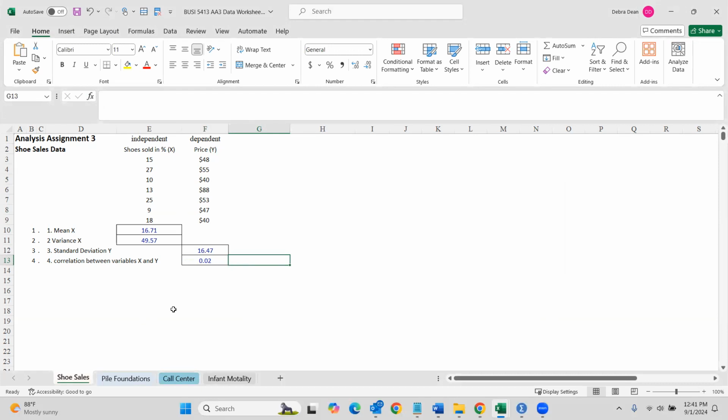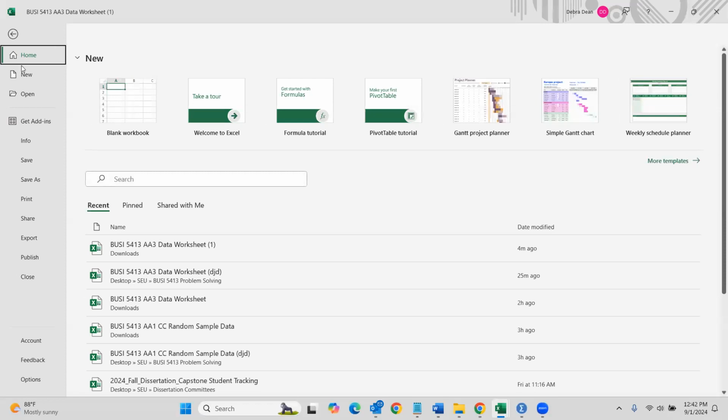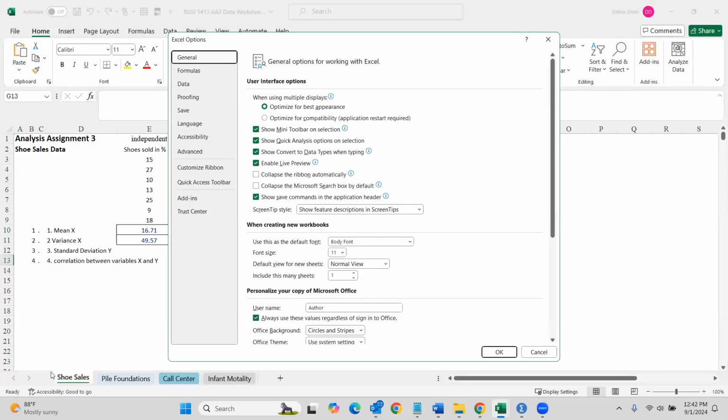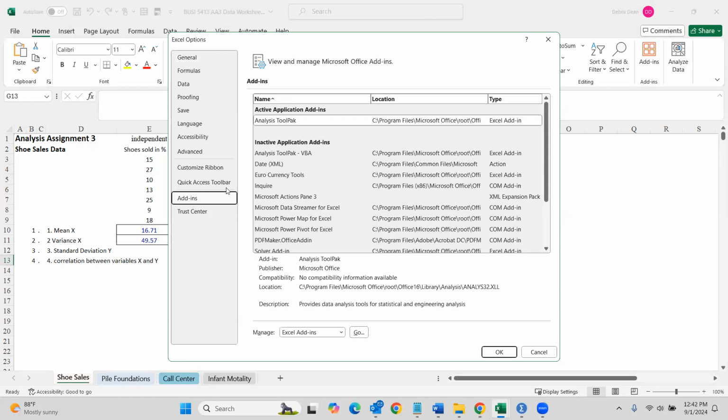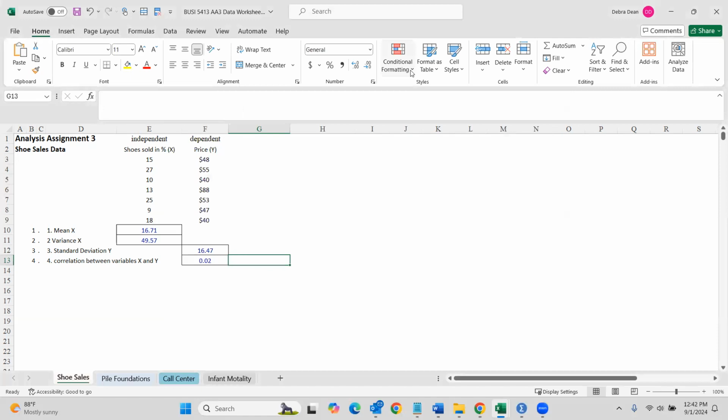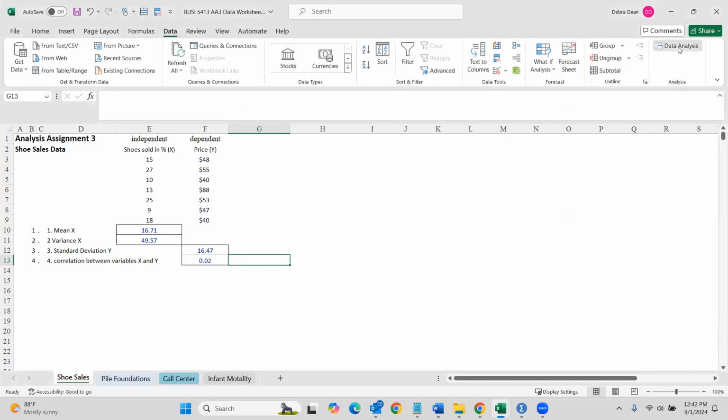So to get significance, we need to know if that is what your p-value is. To do a p-value in Microsoft Excel, we need to do an add-in. So if you go to File and go to Options, and then go to Add-ins. All right, so once you're in add-ins, let me move my zoom. Then you can see Analysis Tool Pack. Yours is probably inactive if you haven't already used it, but go ahead and find Analysis Tool Pack, hit OK, and then it will add it for you. In this case, I already had it added. So now you can go to Data Analysis,